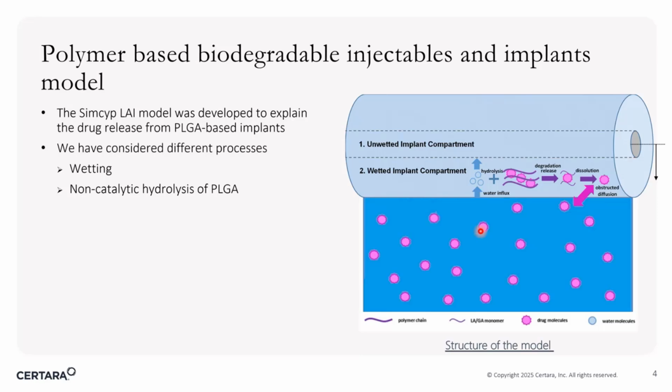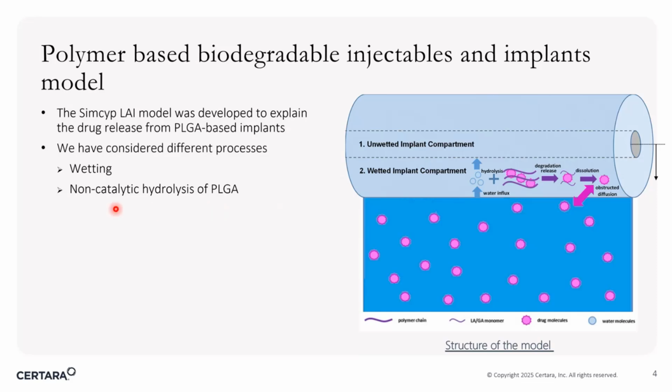There is a non-catalytic hydrolysis of PLGA, which is nothing but, in the presence of water, PLGA undergoes degradation. This we call non-catalytic hydrolysis of PLGA. When there is a degradation of PLGA, the PLGA chain lengths would decrease over time, and the produced separate chains would release H plus ion from carboxyl terminals. So these carboxyl terminals released H plus ion would participate in further degradation of PLGA, which we call as